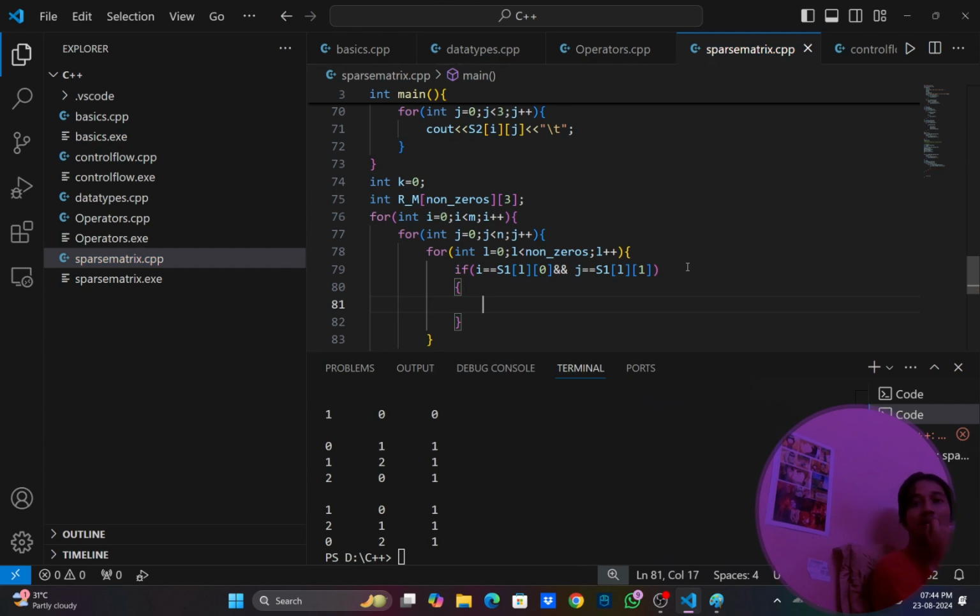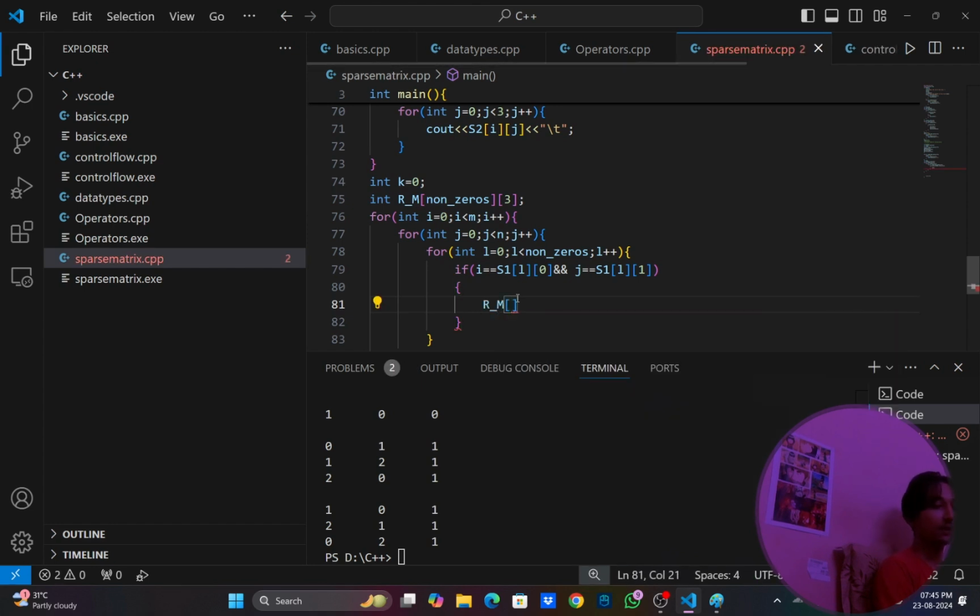If this condition is satisfied, that is i and j are present inside any of the rows of my sparse matrix, then I need to insert it into my row measure matrix. So I need to first create one more variable, and for that I have already created k equal to 0, and I will use this one now. So the row measure array of k comma 0 I will assign as s1 of i comma 0. So i comma 0, okay, 0 comma 0, and then 1 comma 0,